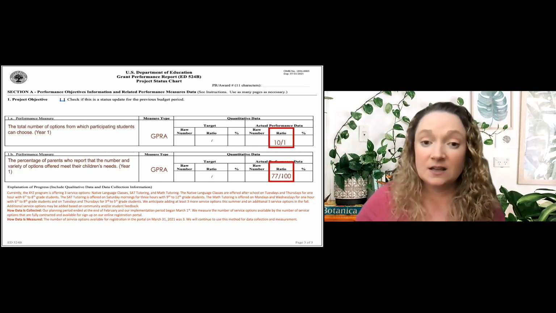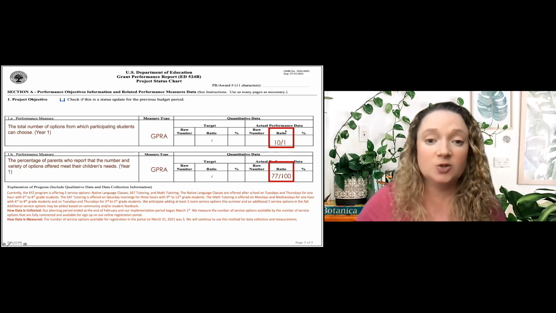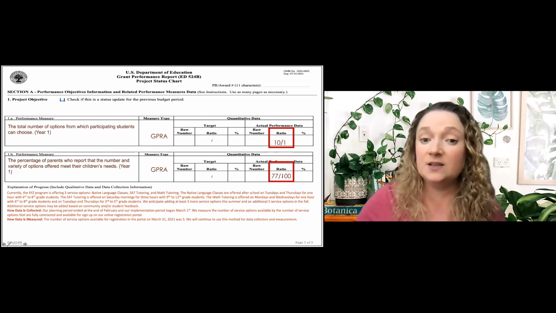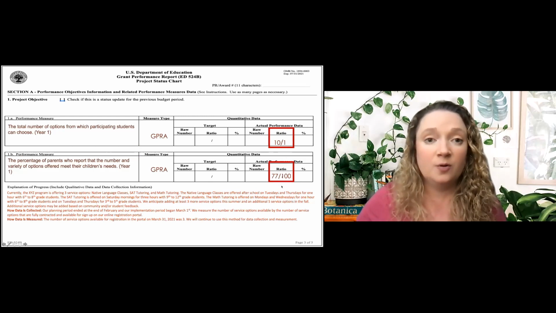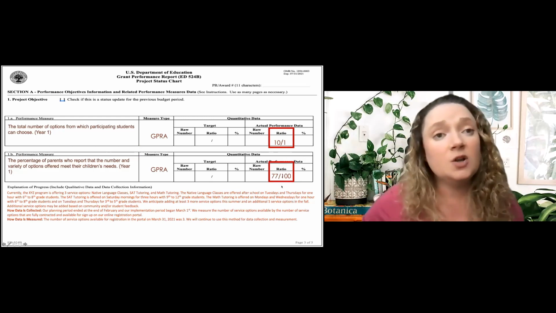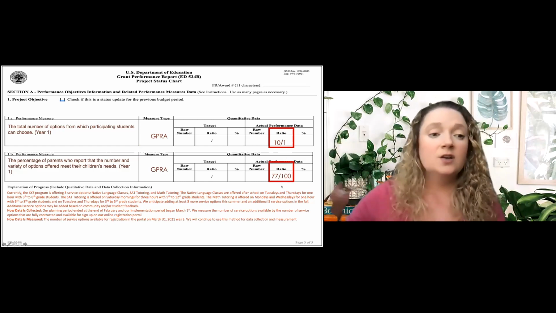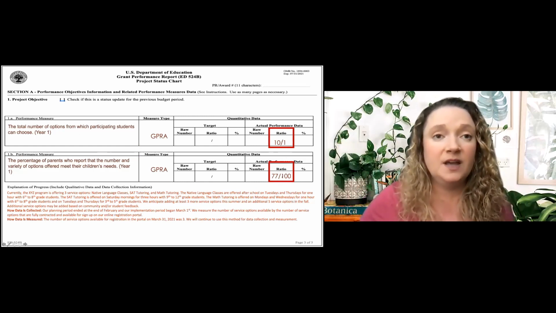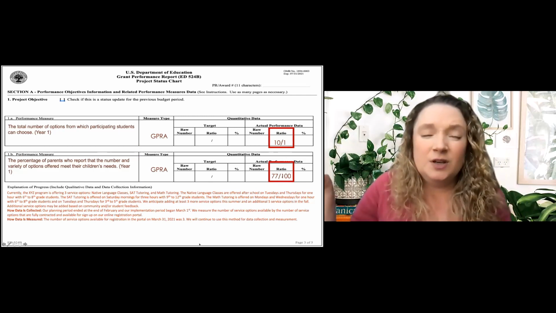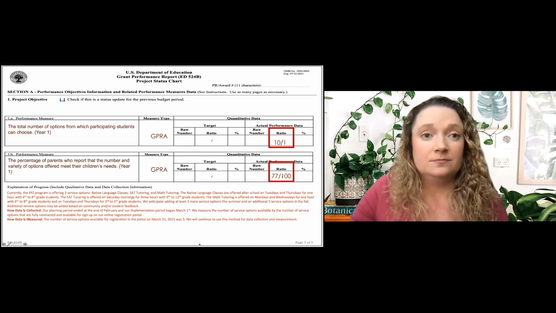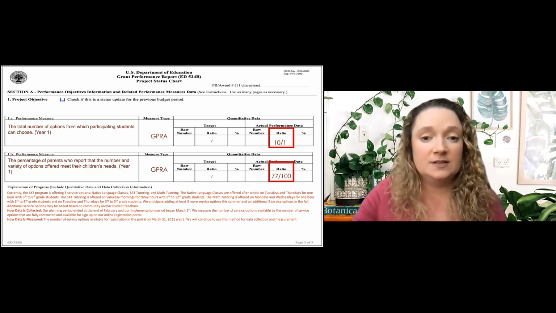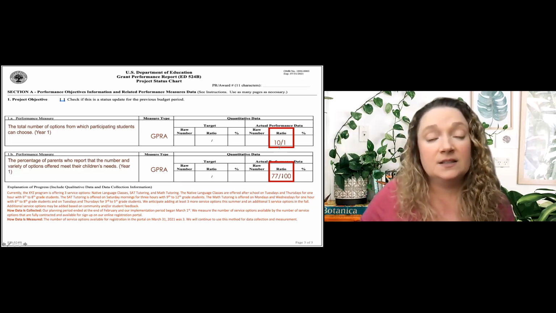All right, so back to marking it as GEPRA. And then you'll notice literally the only place I've put in any answers is here in the ratio, the actual performance ratio. Because remember, for GEPRA, that's the only thing I'm entering are the actual performance data ratios. So in this one, I'm going to show you 2 different ways you can do that. So like for the total number of options from which participating students can choose, logically, when you think about that, that's just a whole number. You're offering 5 options, you're offering 15 options, you're offering 7 options. So that's why for this person, they're offering 10 options. It's just 10 over 1.